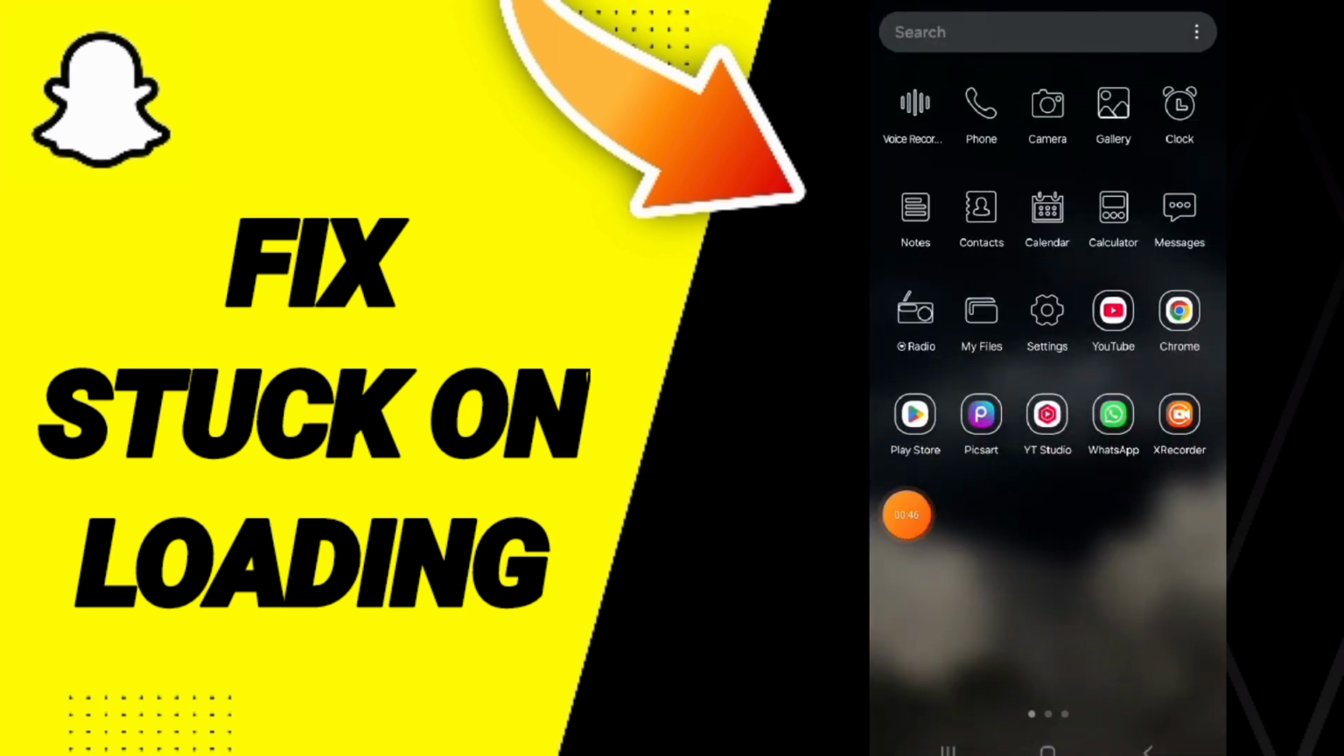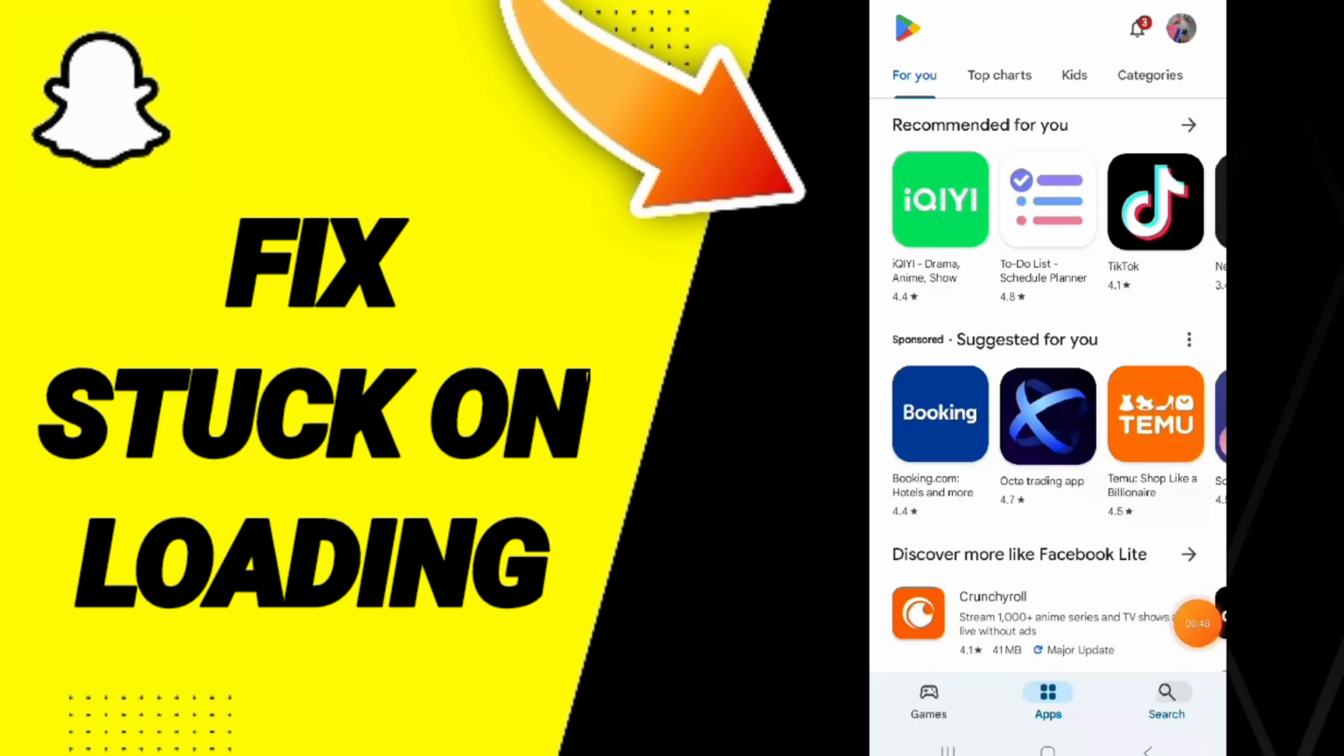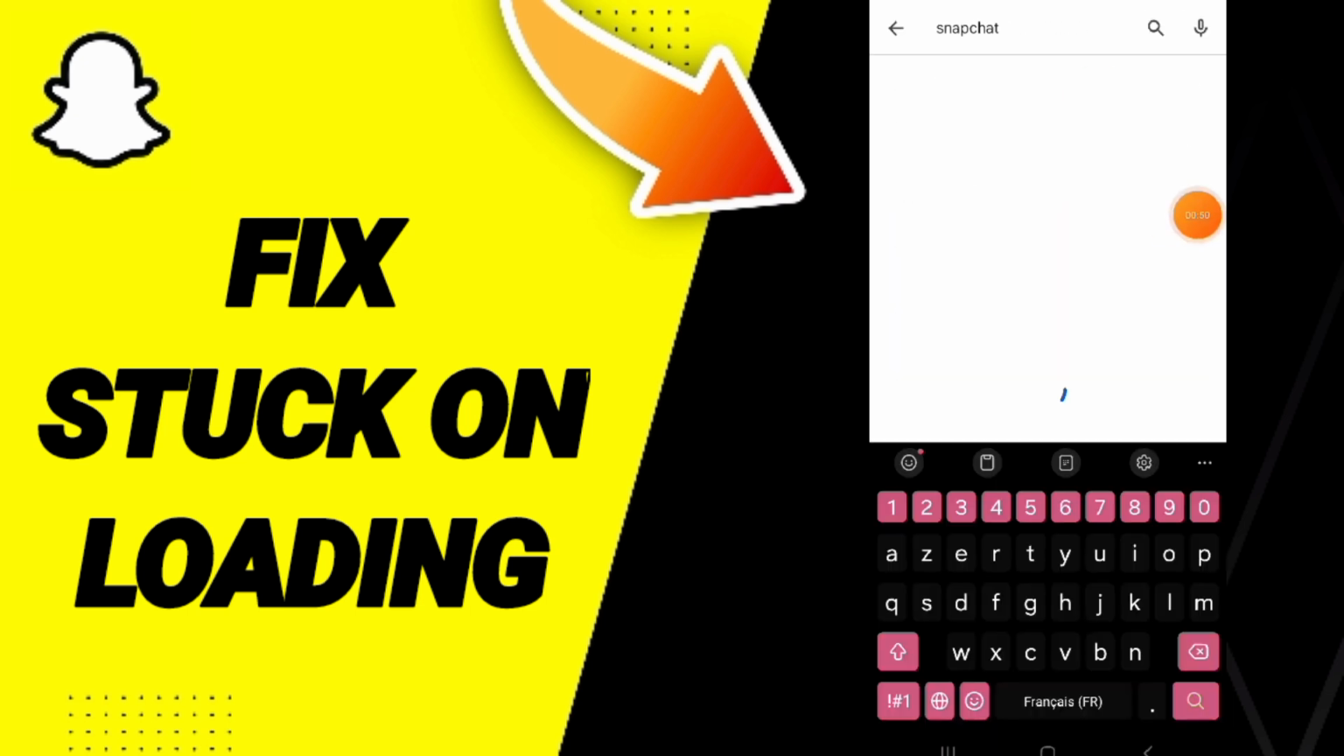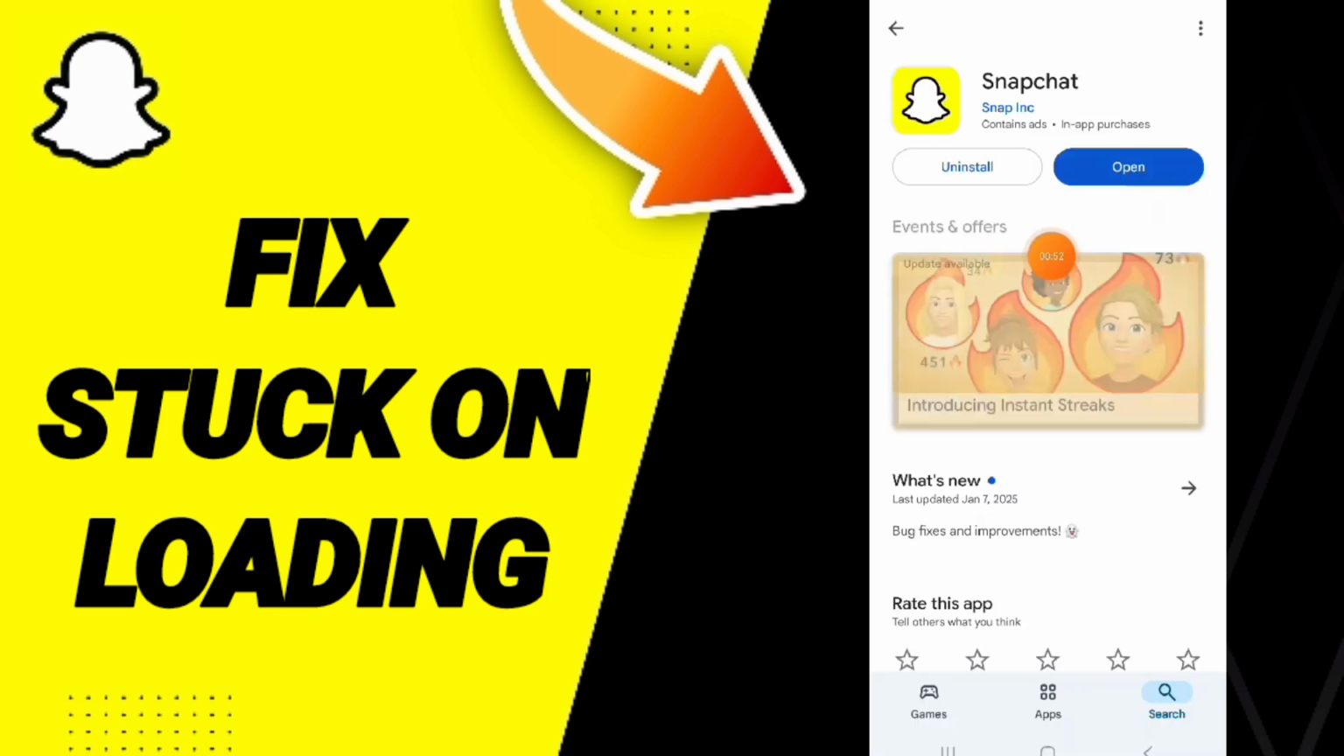Then we go to Play Store. You will search here for the Snapchat application. Then you can uninstall your app and you can